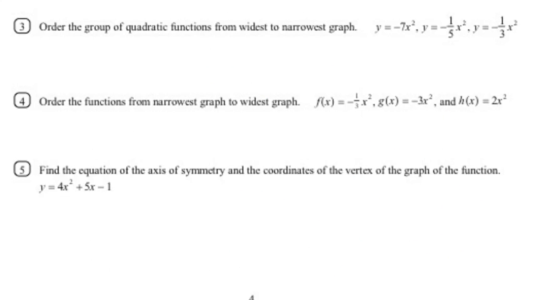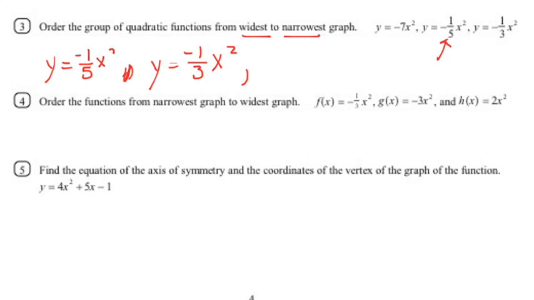On to number 3, group these things from widest to narrowest. We look at the a values. The smallest fraction is this, it's a 0.2. So that's going to be the widest, the negative 1/5 x squared, followed by the negative 1/3. It's a little bit bigger number. And then finally, the biggest number makes it the narrowest,